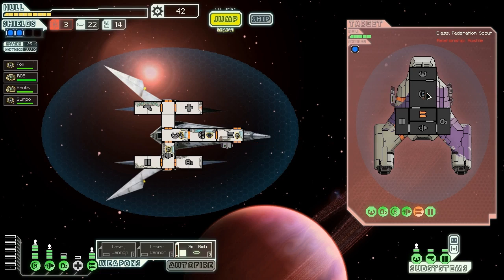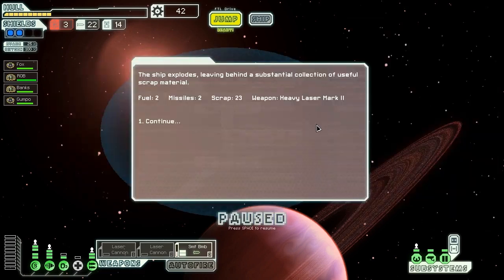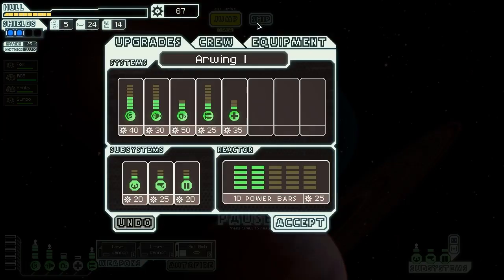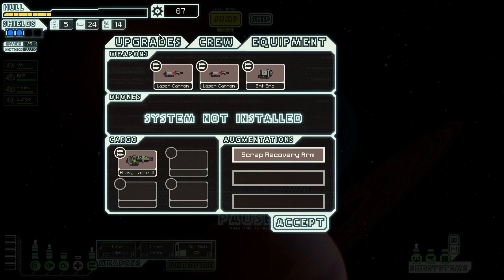That's what I want to see, and that's dead Federation Scouts. Awesome. Ooh! Yes! This is perfect. Ship explodes, giving us 2 fuel, 2 missiles, 23 scrap, and a heavy laser Mark II. Problem is, that thing takes 3 power. So it's free, which is amazing, but it's going to be a while before we can actually use it, because